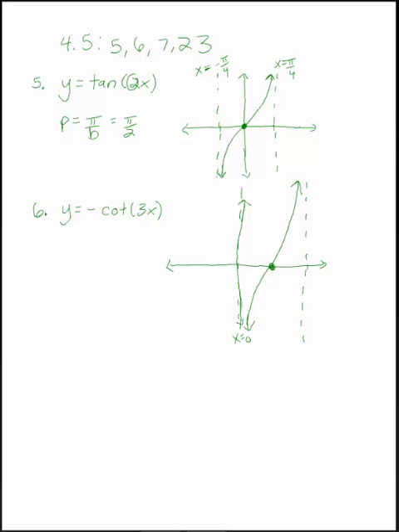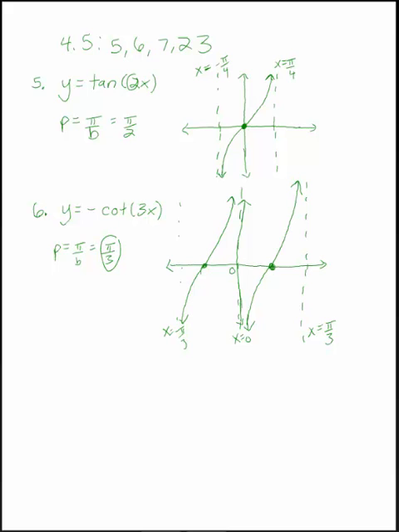I have to figure out the period here. The period is also pi over b. It's going to be pi over 3. So that means that the space between the asymptotes is pi over 3, so if the first asymptote is at x equals 0, this next asymptote would be at x equals pi over 3. So you see, if I wanted to draw multiple periods, it'd be easy, because I could just put an asymptote over here at x equals negative pi over 3, and then I could just put another exact replica of what the graph looks like between the asymptotes, and it would just repeat that way forever and ever and ever on